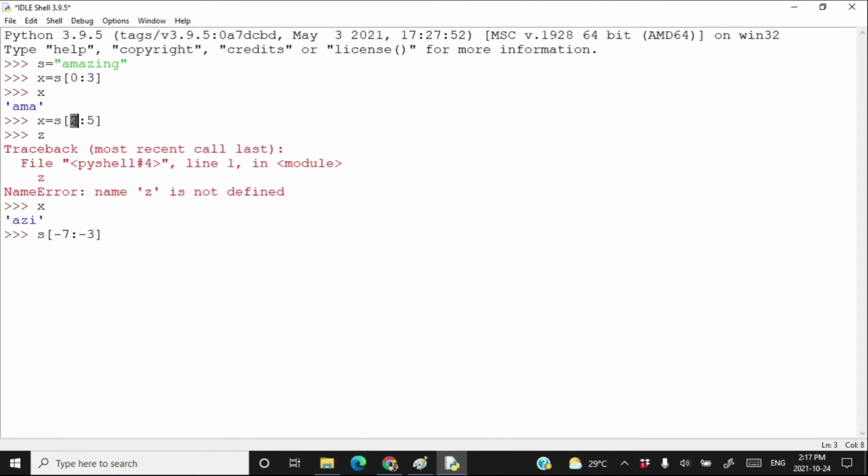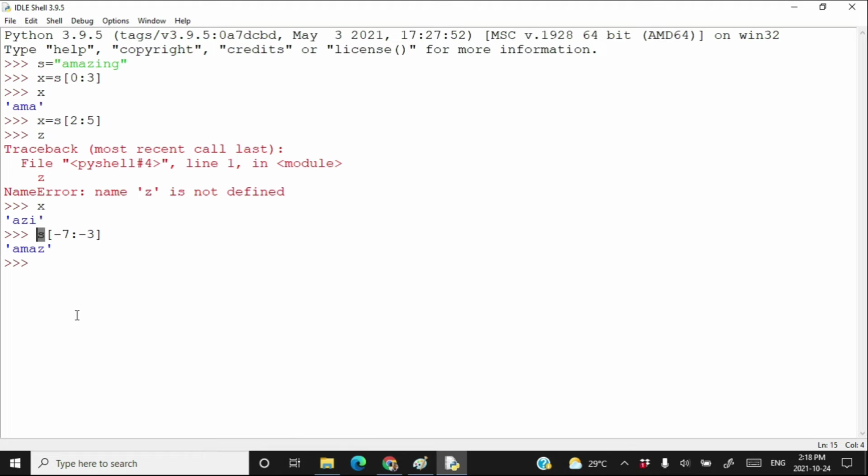Here you started from 2 and went up to 5 minus 1, that is 4. Here you started from 0 and went up to 3 minus 1, that is 2. Which one is minus 4? Minus 1, minus 2, minus 3 and minus 4. So take these 4 characters in your output, AMAZ, and this is the slice of the string s.